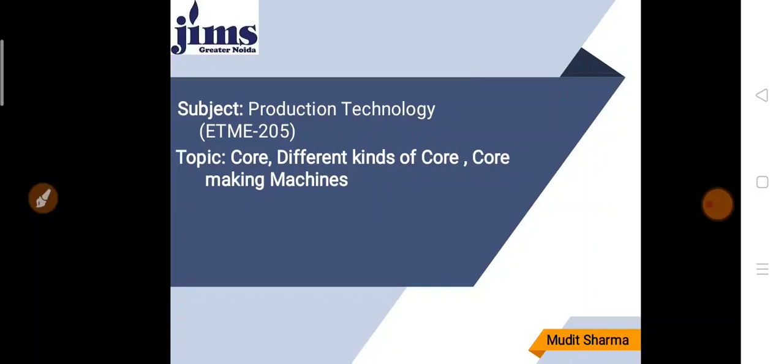A core is a body made of refractory material which is set into the prepared mold before casting and pouring the molten metal. So we can say that when we want to make a hollow cavity, then we can use a refractory material, which is known as core.